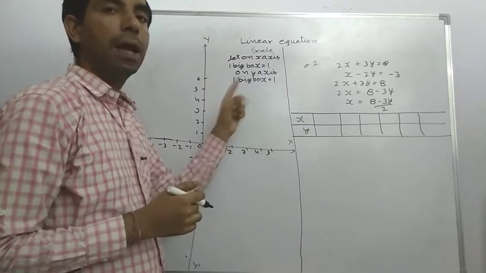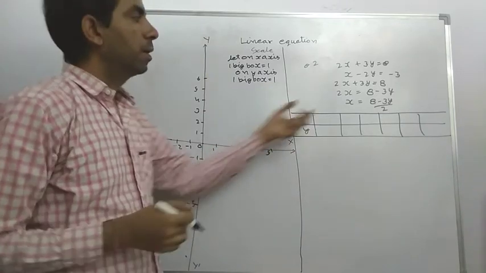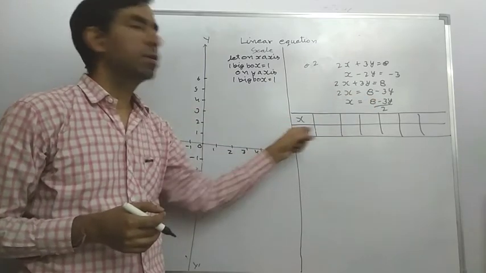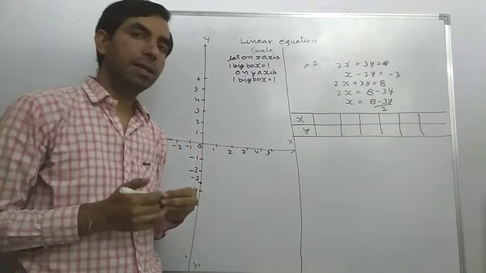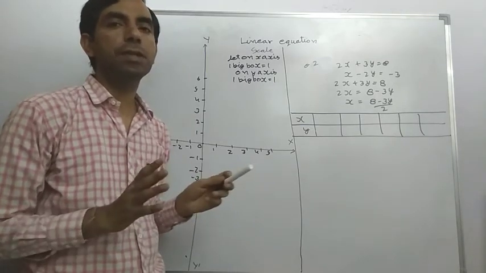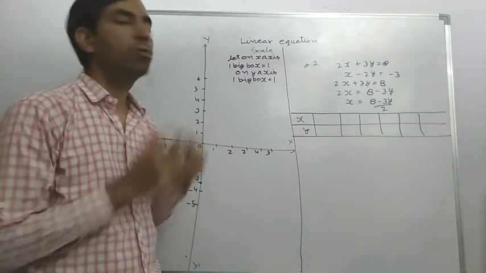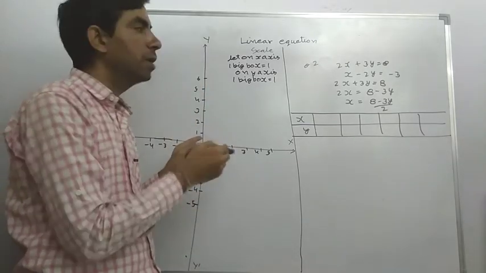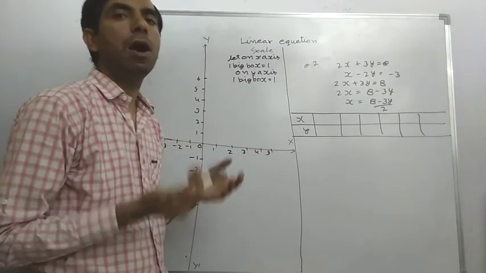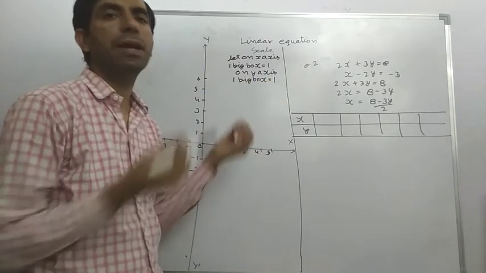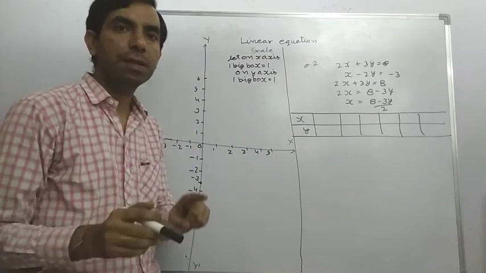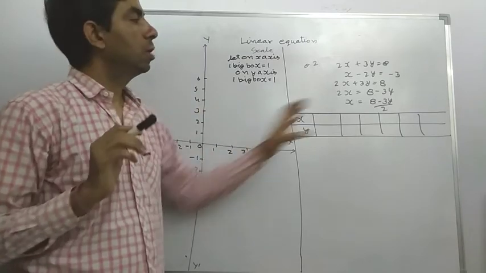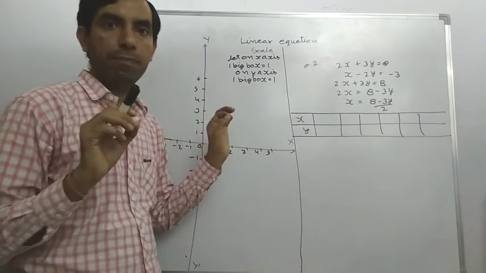Make table. Now we solve. At a time we do not need to solve this equation here, because we represent the linear equation in a graph, but here there are two equations, and we need to represent the solution in this graph. If we solve indirectly, then sometimes our answer may be outside of the graph. If we want to represent the answer in the graph simply and clearly, so take a tricky system.